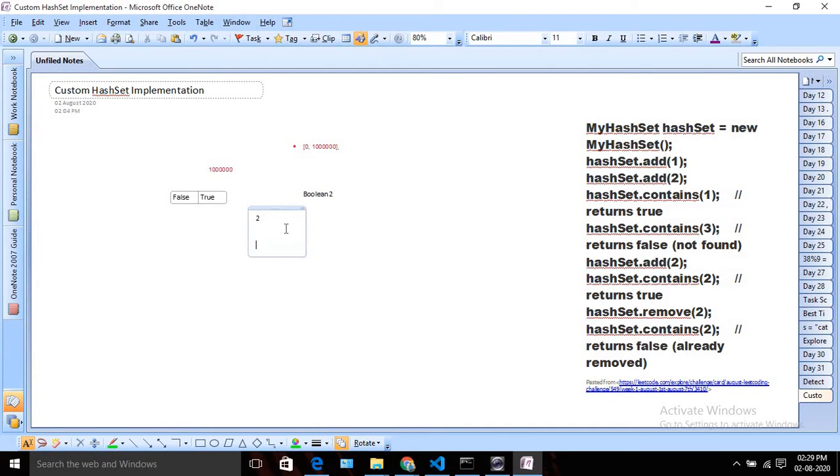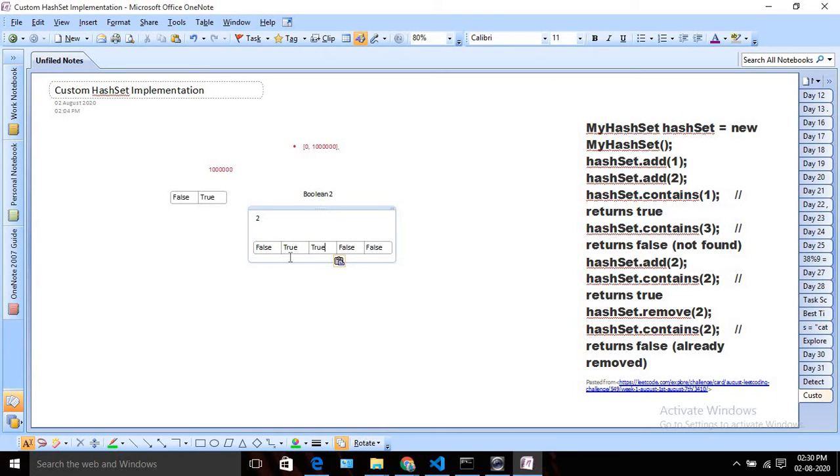I will create a separate array, probably of size 4 or whatever, which should be false, and I will copy the existing values. So it should be true, and it should be true also. That's how we can do it.